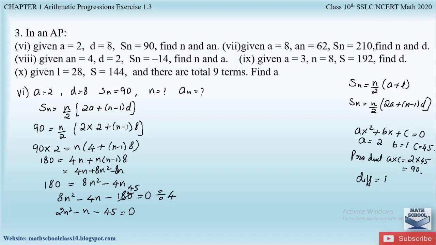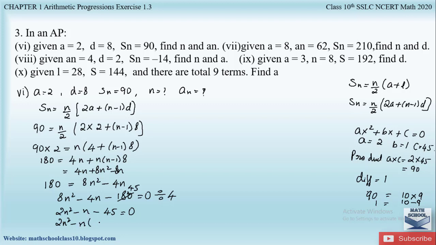So what are the multiples of 90? If we consider, we can simply take 10 into 9. So 10 9s are 90, and if we take 10 minus 9, you get the difference as 1. So we will take the coefficients 10 and 9. We got the difference and we got the product. So instead of 1 here, we will be using 10 minus 9. So 2n square. The signs will not change because we are not considering the signs here, so we will keep them as they are. So minus n will be here.